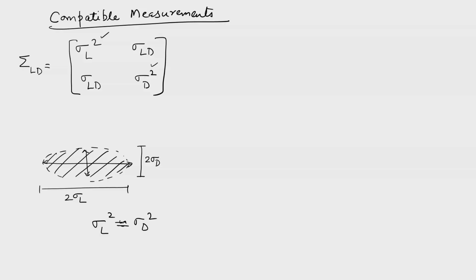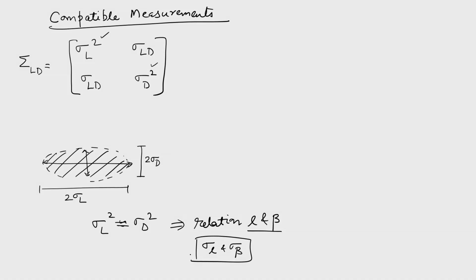Let us theoretically make them equal and try to find out the relationship between L and beta, and then you can fix the specifications of the compass which will measure the beta angle, and you can fix the specification of the tape which will measure the L. So what will you end up with? Some relationship between sigma L and sigma beta. So try to find out this relationship yourself, and then according to this compatibility measurement you can fix the sigma L and sigma beta, the precision or the quality or the accuracy of the instruments, tape and compass. That is the compatible measurement idea.